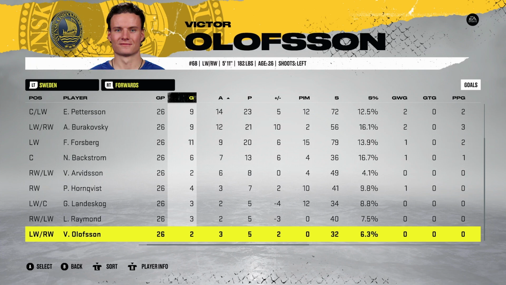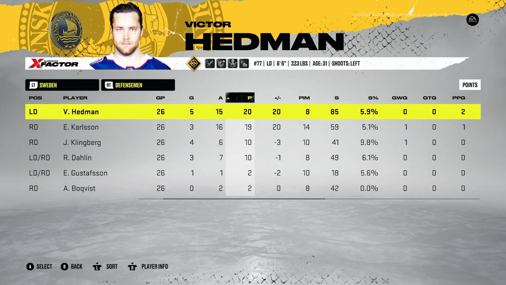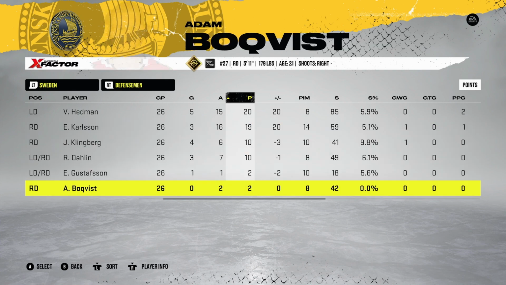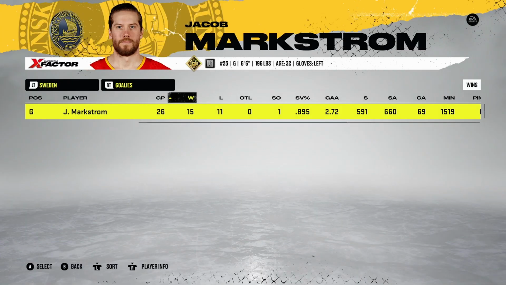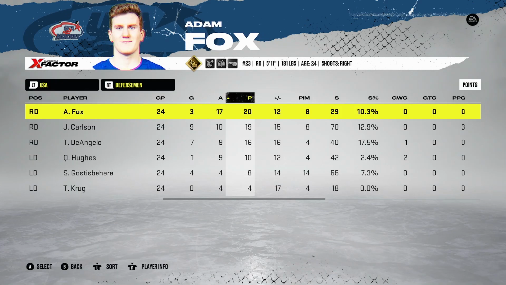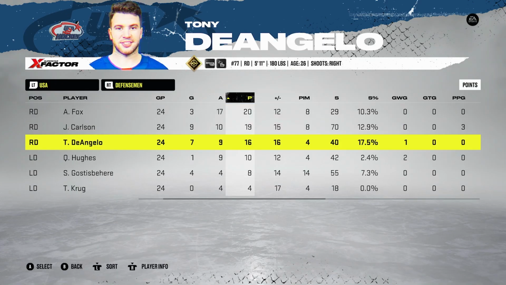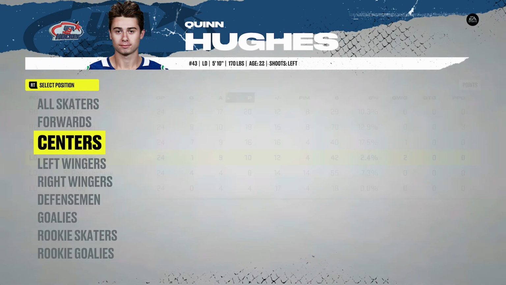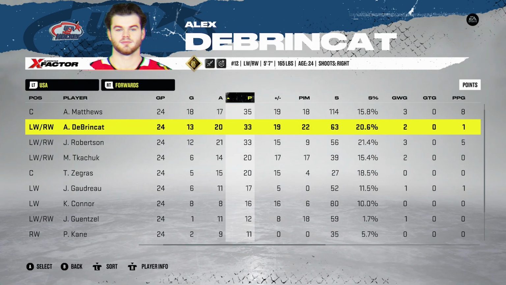Mika is a cheat code and a half. Hedman and Carlson were absolutely phenomenal. But again, Markstrom just didn't have it. Not that Jonathan Quick did, but he was certainly a little bit better. Great point production from the blue line of the United States. And then, yeah, Matthews,